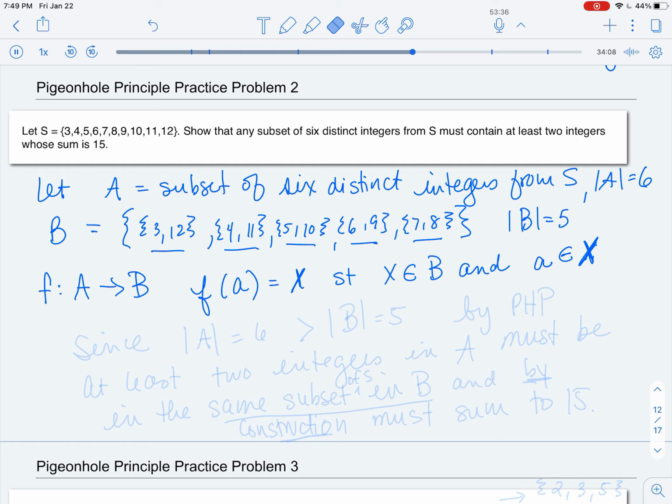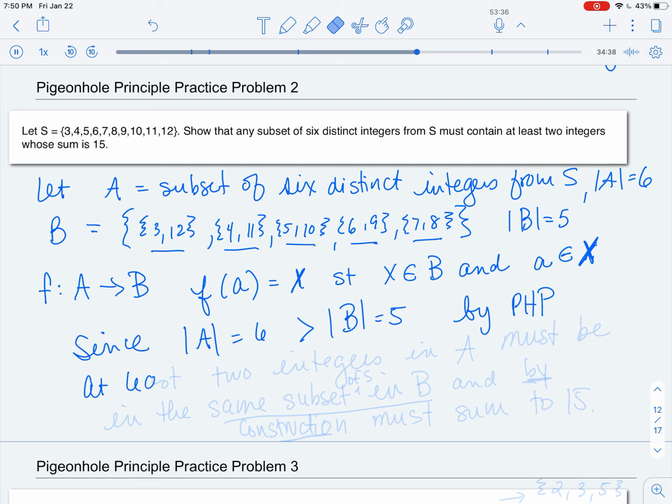So it's definitely a function. And now, since the number of distinct integers in A is 6, which is greater than the number of subsets of S of size 2 summing to 15, which is 5, by the pigeonhole principle,